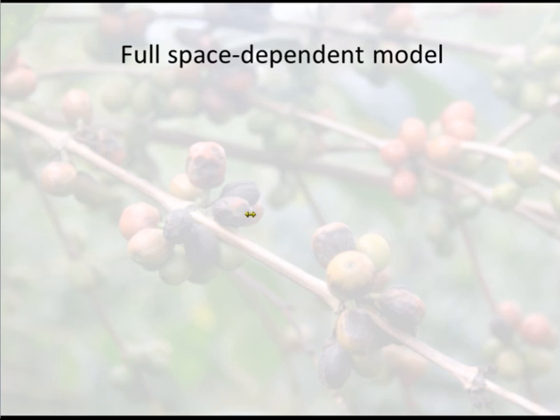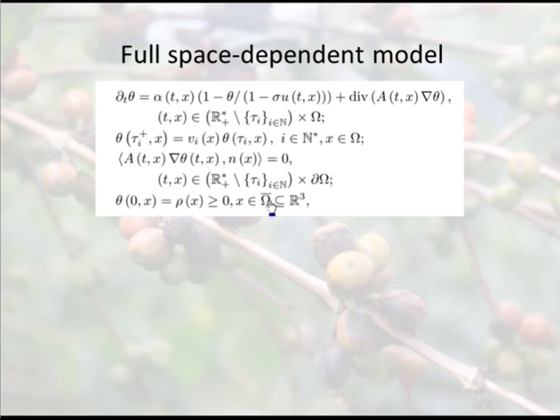Okay. So we have a full space-dependent model. In this case, we introduce a theta, which is dependent on x and t, and the difference in this model is this divergence term, which expresses the diffusive spread of the fungus. We also have these no flux boundary conditions, and the boundary conditions and the diffusive terms are arranged so that